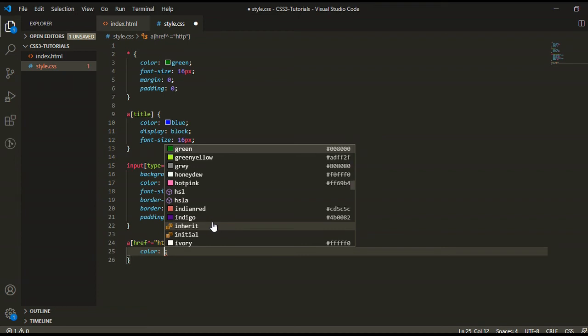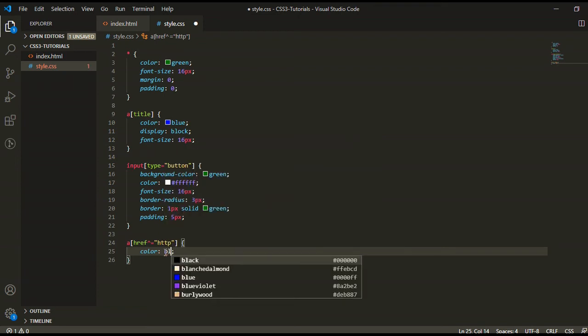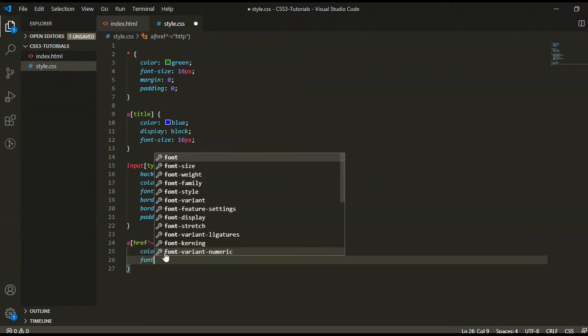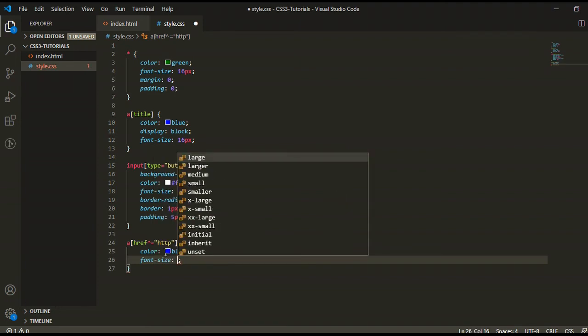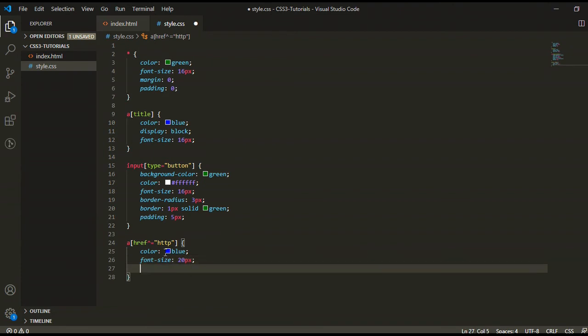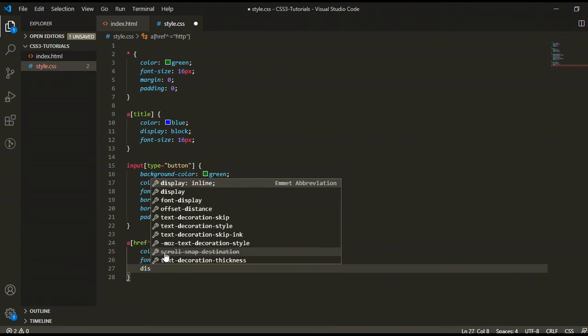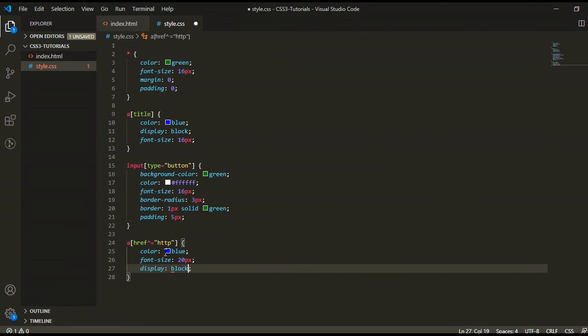Here we can give the color, it's blue. Font size 20 pixel, and the display block, so it will start from a new line.